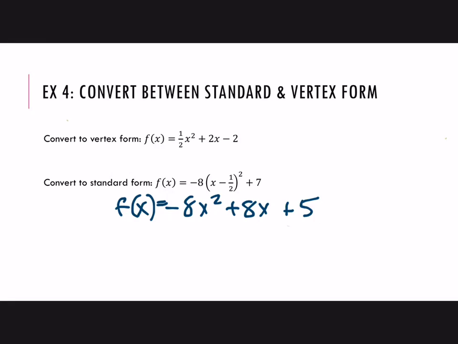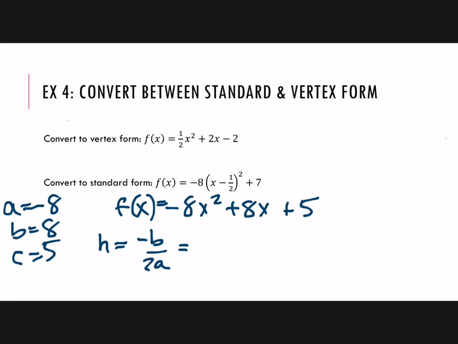If you wanted to check this, all we would need to do is go backwards, use those formulas for h and k. Alright, so I can try that. So I know a is negative 8, b is 8, and c is 5. Alright, so to find h, I use the formula h equals negative b over 2a. So in this case, it's negative 8 over 2 times negative 8. And those negative 8's cancel, so that leaves me with 1/2. Alright, and then k